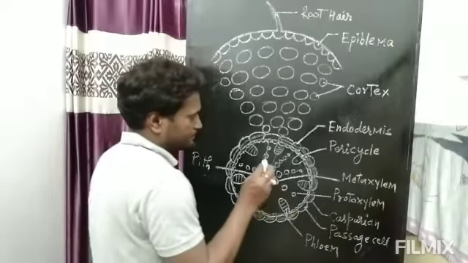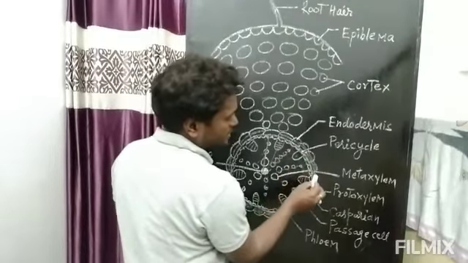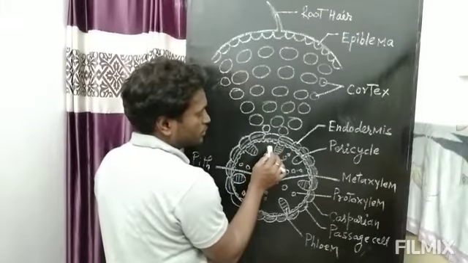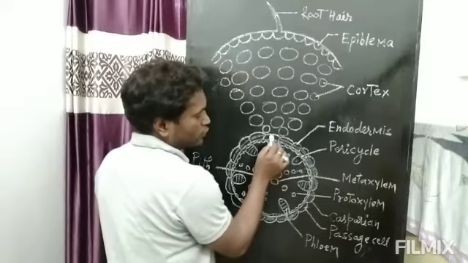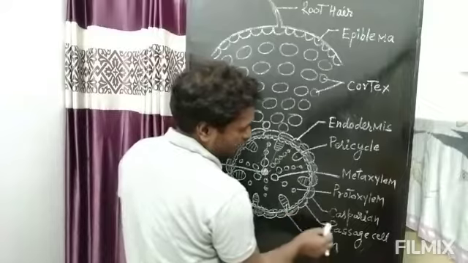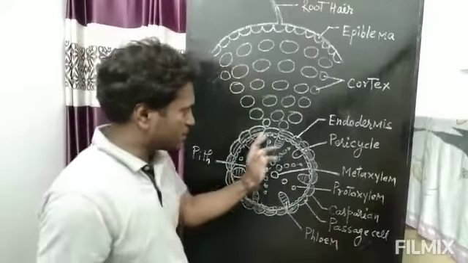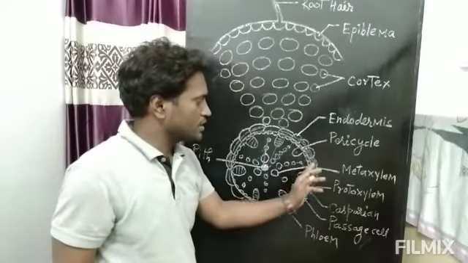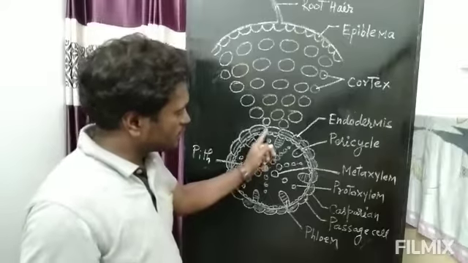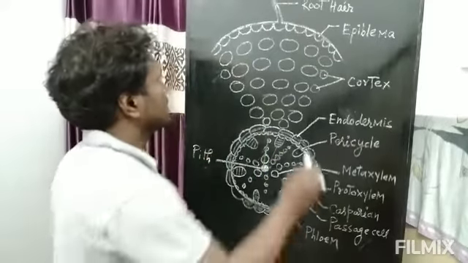One thing should be clear, that all the cells of endodermis contain Casparian strip except the endodermal cell that is present before the protoxylem. Endodermal cells before the protoxylem do not contain Casparian strip, and such cells are known as passage cells. These passage cells help in absorption of water because Casparian strip checks the entry of water inside the xylem. That is, there is only one path, the passage cell, through which water enters the xylem.